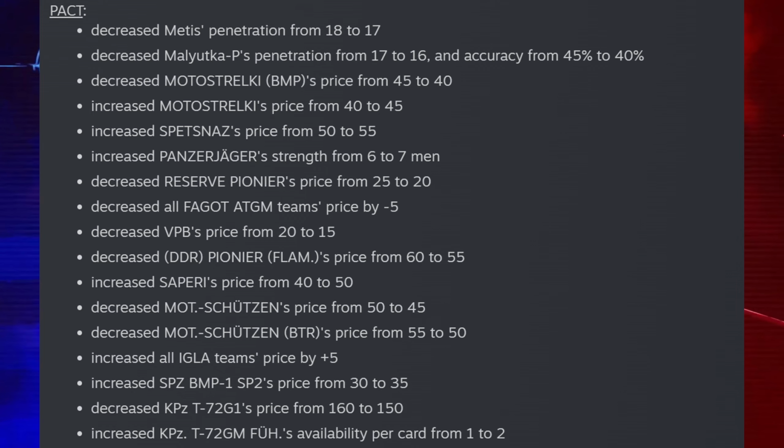So, decreased the Metis penetration from 18 to 17, decreased the Malyuka piece penetration from 17 to 16, and accuracy from 45 to 40. Decreased the Motostrelki BMP's price from 45 to 40, increased the Motostrelki price from 40 to 45, increased Spetsnaz price from 50 to 55, increased Panzerjäger strength from 6 to 7 men, decreased the Reserve Pioneer's